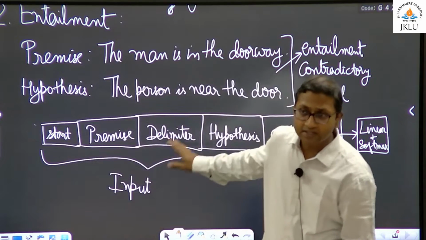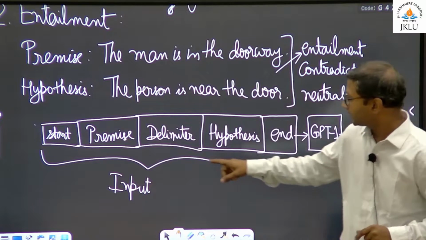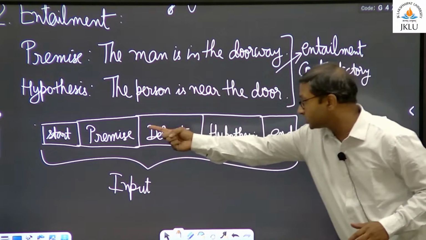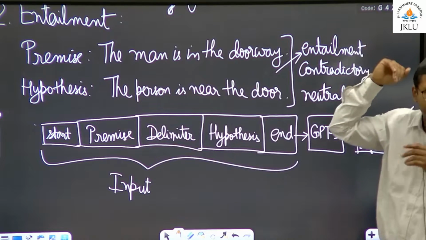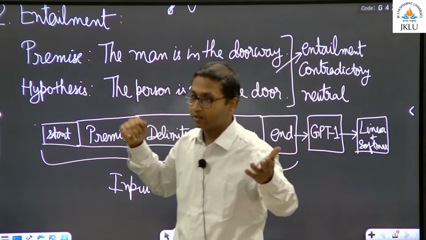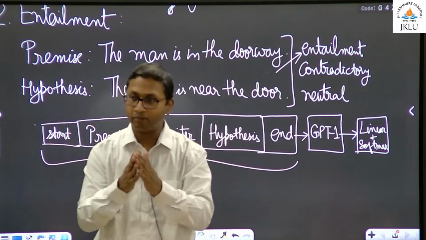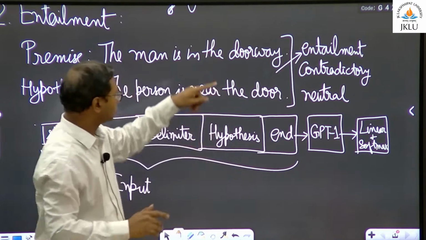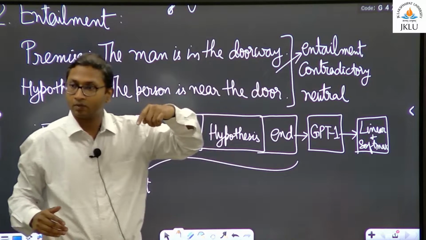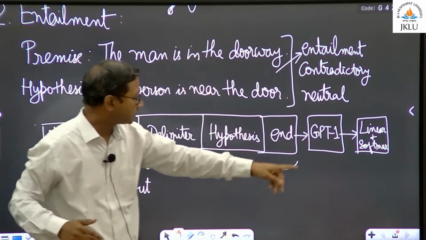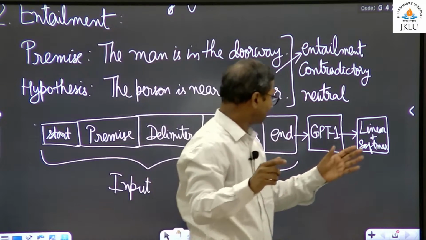So, everybody understands the structure here. We will discuss all these things, but this whole thing you are feeding at the starting point. Of course, you are giving the embeddings plus positional embeddings, add them and feed it. And then this whole thing passes through my 12 layers transformer GPT-1, and then finally,